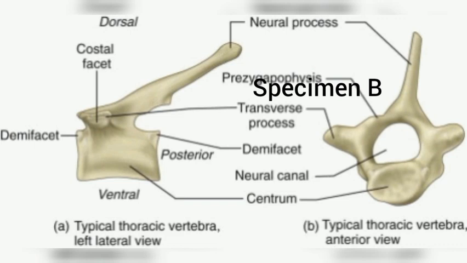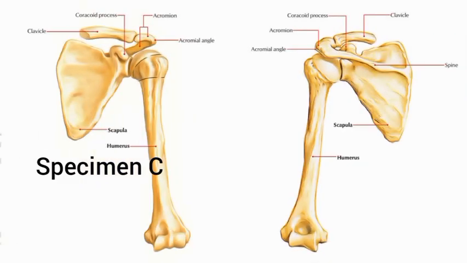And what would be the function? It aids attachment of the rib. It enables the attachment of the rib, which implies that it is the one that aids the attachment of the rib. So that is the function of the thoracic vertebra. With that, I think that's enough. So for specimen C, which is the scapula, or called the shoulder bone,